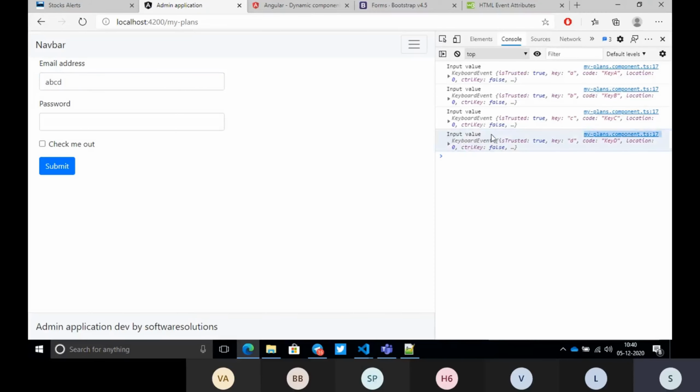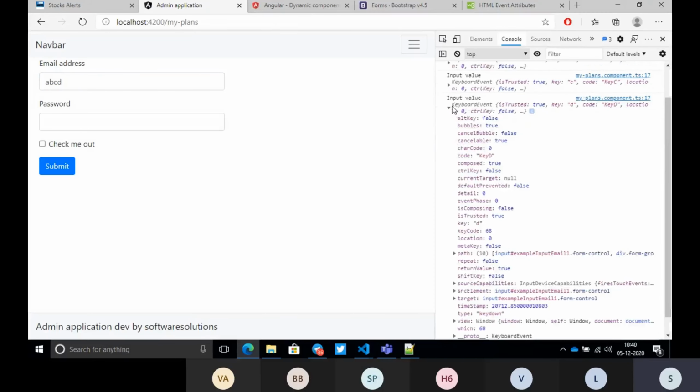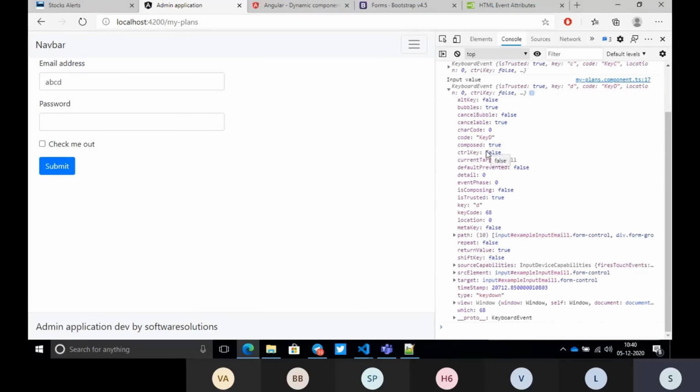The input value is coming as a keyboard event, since we are typing on the keyboard. Inside the event, somewhere our value will be there, whatever key we have pressed. Like at the last we pressed D, that's why it is coming as D. If I press F, you can see at the end the key will be F. So what we want to learn here is how to handle keyboard events. That's all. How we will use this value, I will tell you in property binding.